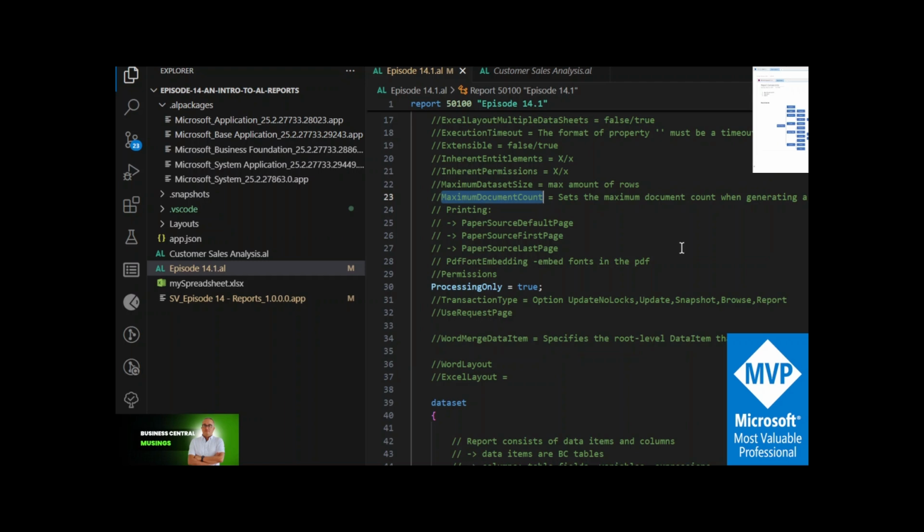then this property, maximum document count, is just saying, hey, if the value is 1,000 and the report just runs, you have maybe 20,000 customers, but you want the report to stop after 1,000 documents, then you can specify here the document count that will be used as a threshold for how many Word documents will be created. Related to printing, we have 3 properties we can use to specify